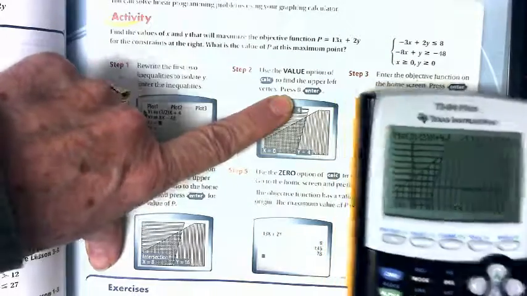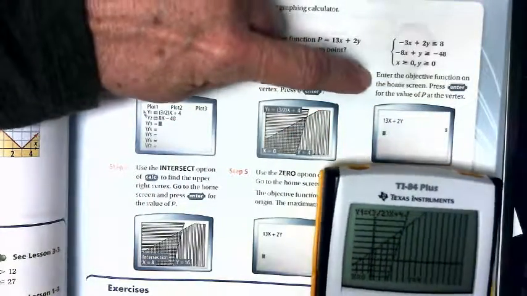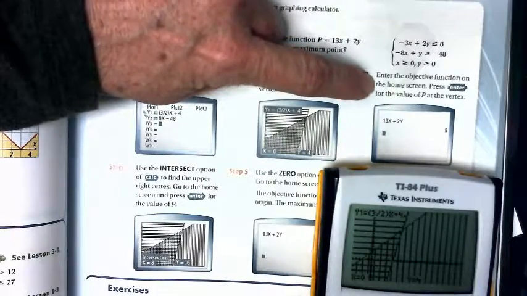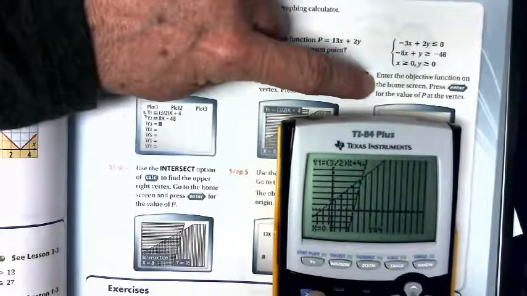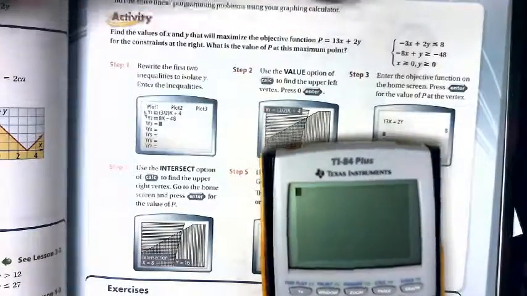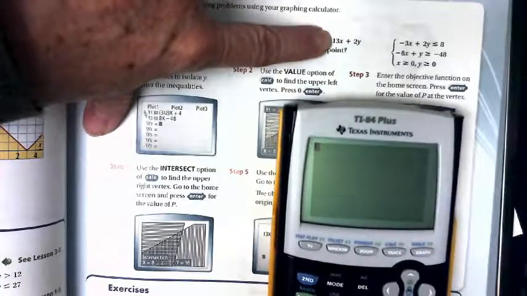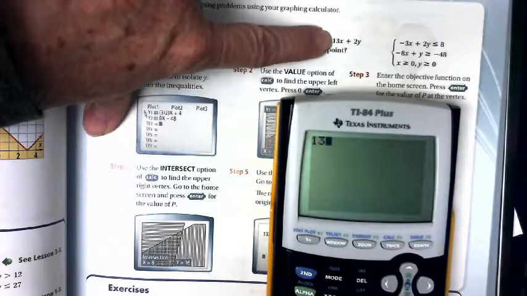Okay? So now it says, don't do anything else on your calculator. Now it says to enter the objective function on the home screen. So I'm going to do a second quit so I can get to the home screen. And I'm actually going to type in my objective function, which is right here, 13x plus 2y. 13x plus 2,